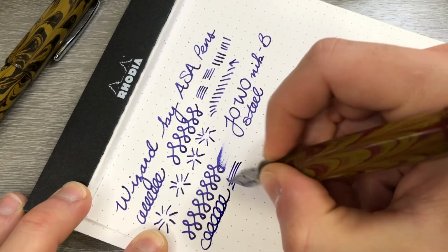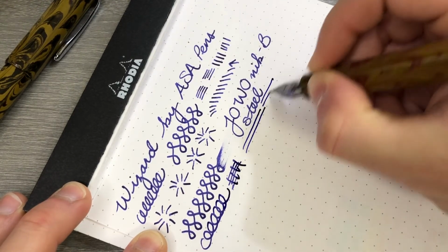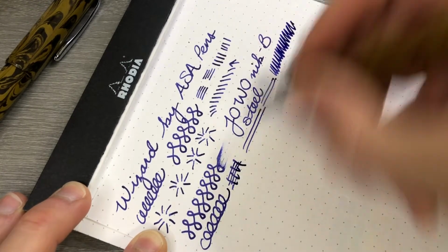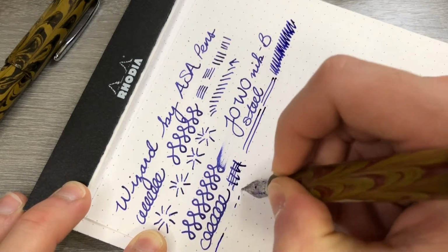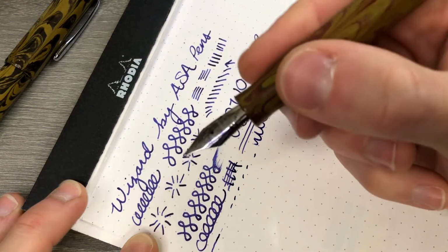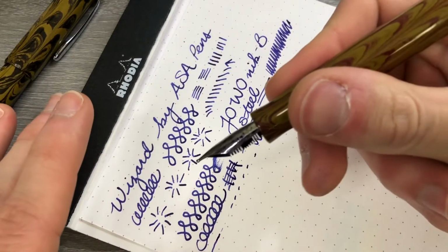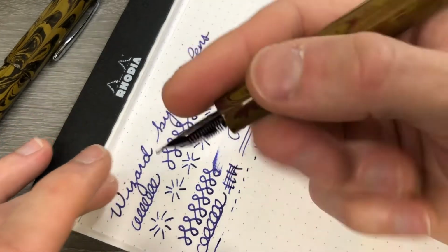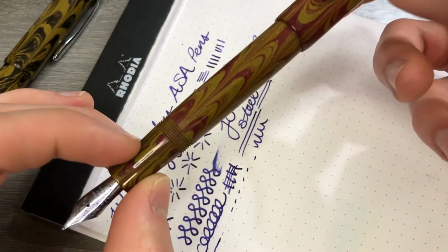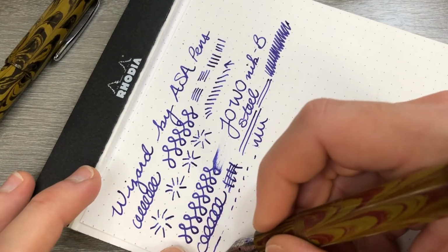Yeah, this is a nice nib. If instead of smooth lines and continuous flow we had any sort of gaps in the pen's writing, where instead of a smooth line it kind of blanks out for a bit, we know we have some issues that need to be addressed, and they can be either the nib or the feed, or the ink. The ink sometimes is a factor. However, when you clean out a pen, it really eliminates a lot of trouble you're going to have from the ink side of this equation. So as long as you flush your pens, you're good to go